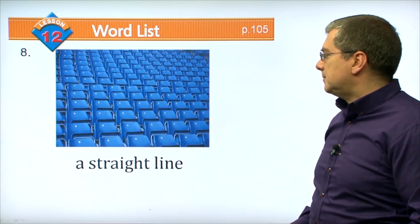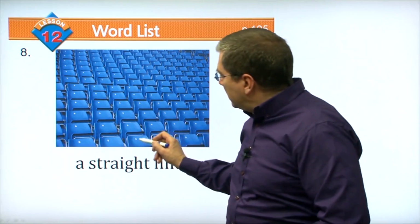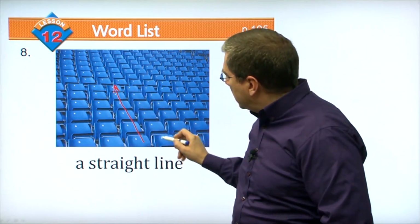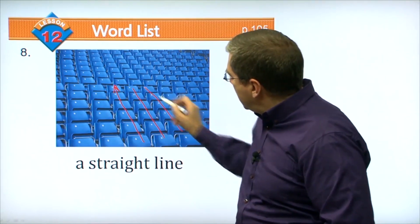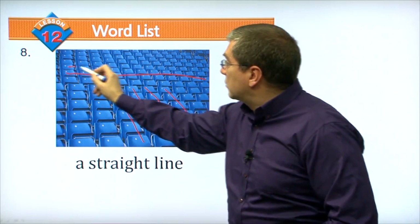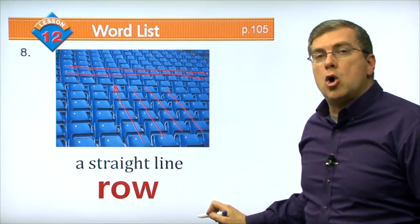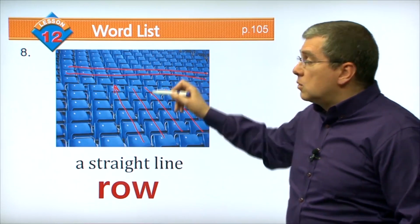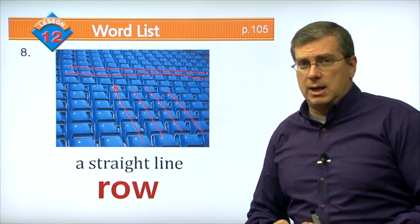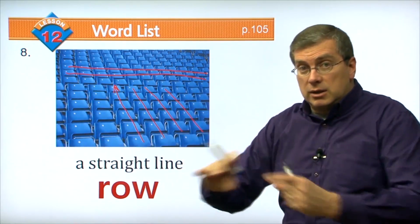Okay. A straight line. So here we see that we have many straight lines, right? Going this way. This is a straight line, a straight line, a straight line. You could also go like this, a straight line, a straight line. What do we call these? We call these rows. So if you go to a movie theater, right, Yeonghwa-gwan, right, you can see many seats,